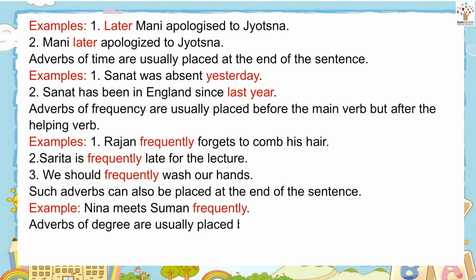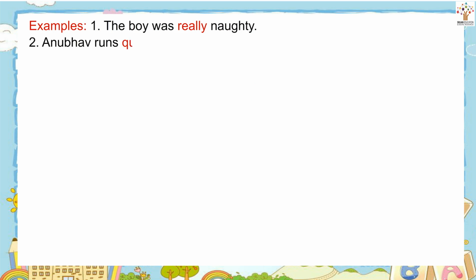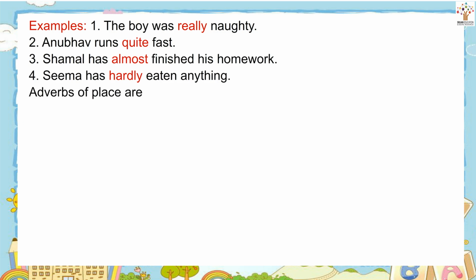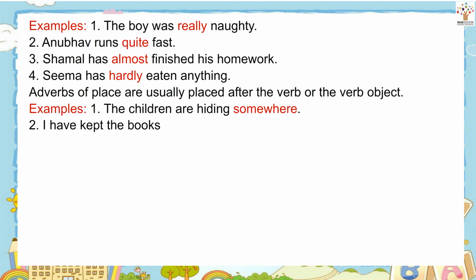Adverbs of degree are usually placed before the adjective or adverb they describe. They are placed before the main verb but after the helping verb. Examples: The boy was really naughty. Anubhav runs quite fast. Shamal has almost finished his homework. Seema has hardly eaten anything. Adverbs of place are usually placed after the verb or the verb object. Examples: The children are hiding somewhere. I have kept the books in